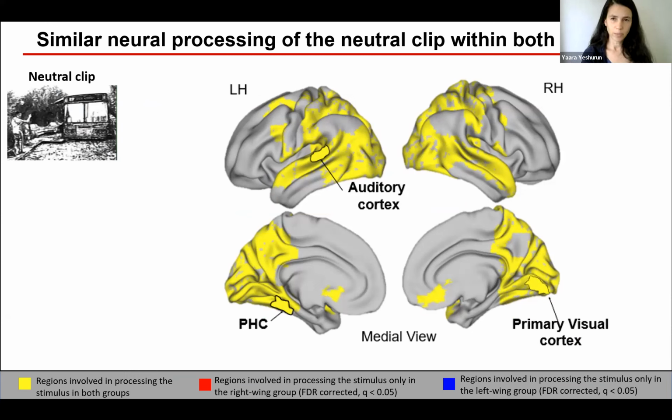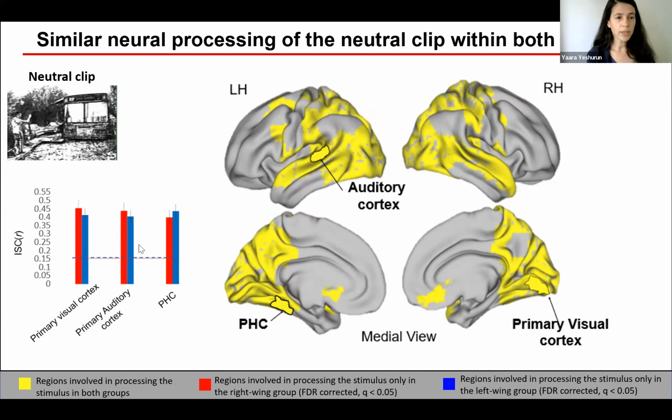So for the neutral clip about the guy that turned the bus into his house, we can see these yellow regions that were involved in processing the stimulus in both groups. And we can see some sensory regions, some theory of mind and default mode network regions, some language processing regions. And here are three examples of the actual correlation value, ISC value, in the primary visual cortex, primary auditory cortex, and in the hippocampus. And we can see that both